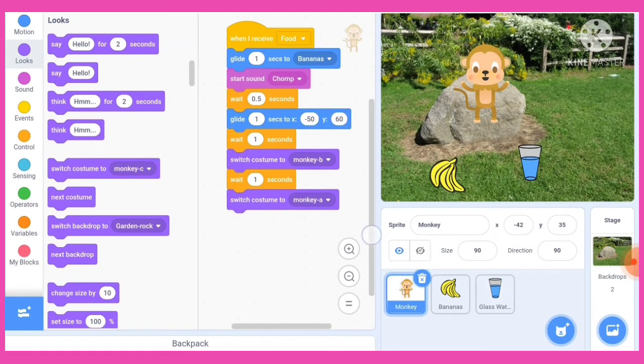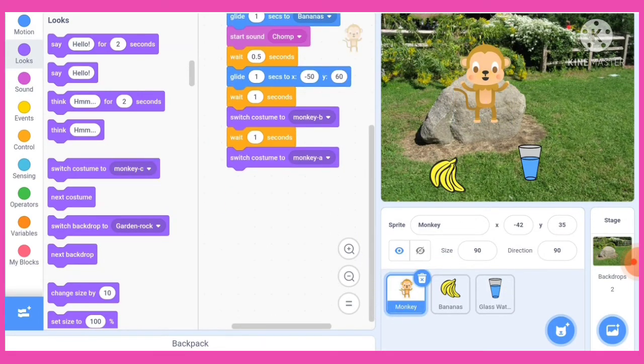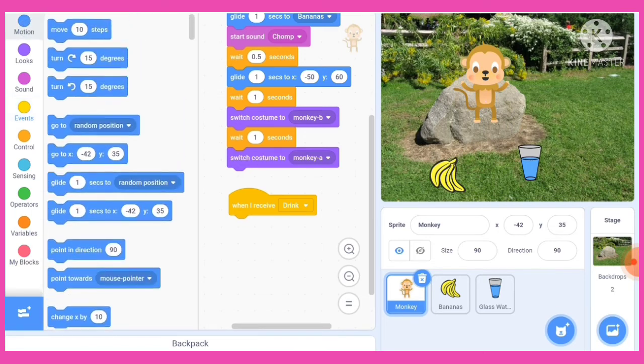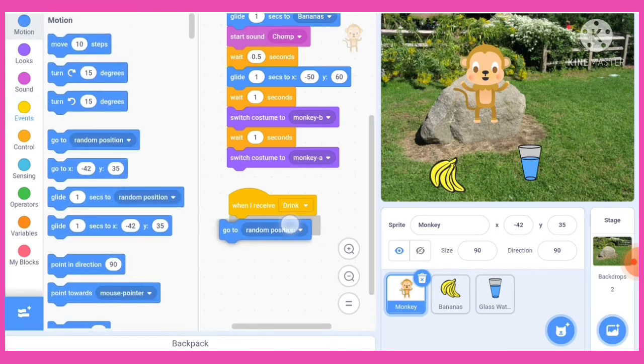Now we need to code the monkey, so just scroll down and then again go in event block and take when I receive drink. So we have done the food also, now we want a drink, so that's why we now go on the motion block and go to random position.